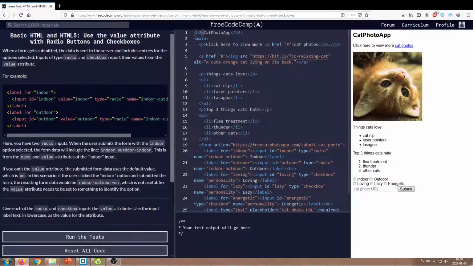Okay, so basically what we have here is something that we will use in JavaScript. So with our name, we will refer by the name in our JavaScript to the elements in HTML. These will have a special value. If we take an element that is checked by the name of indoor-outdoor, it will have the value of indoor in our JavaScript. So just like it says here,